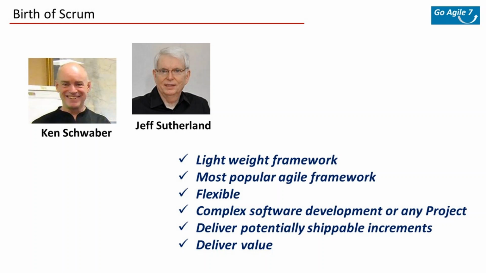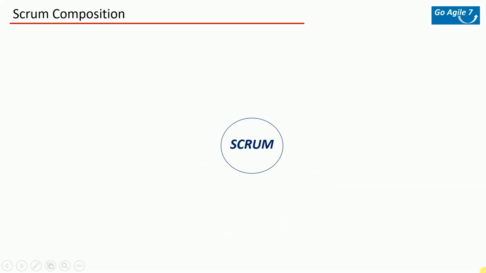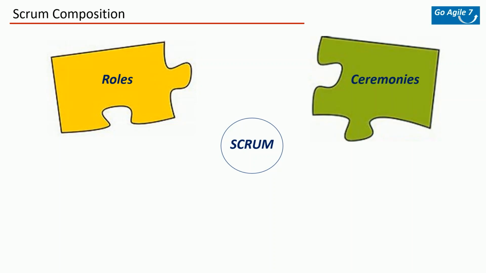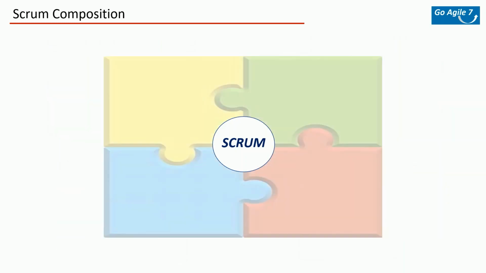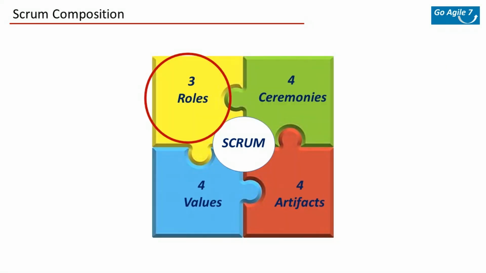I want to give a heads up that I'm not following the standard bookish format for Scrum. I'm changing it slightly because I feel this is a bit easier to understand, so please bear with me, but we'll try to cover most of it over a few episodes. In Scrum, broadly, there are 4 things we need to understand. 1. Scrum roles. 2. Scrum ceremonies. 3. Scrum artifacts. And 4. Scrum values. That completes Scrum.